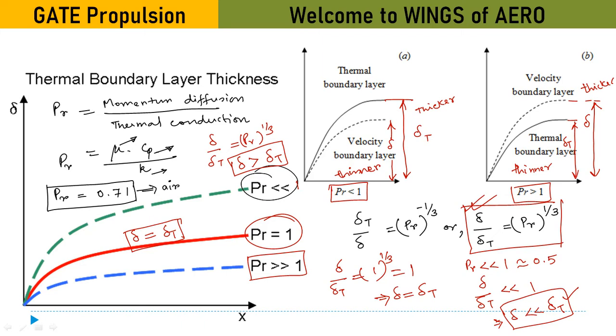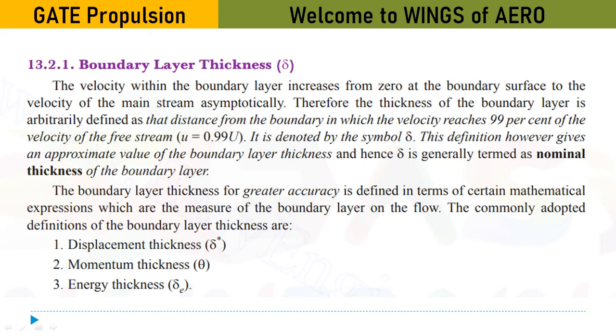Okay. Now this boundary layer thickness can be further classified or subdivided into 3 forms. One is a displacement thickness denoted by del star, momentum thickness theta, and energy thickness is del suffix e. Now again I will tell you, these notations may vary from textbook to textbook. So the main purpose is to understand the formula. So now here we will see what is the displacement thickness formula, what is the momentum thickness formula, and the energy thickness formula.